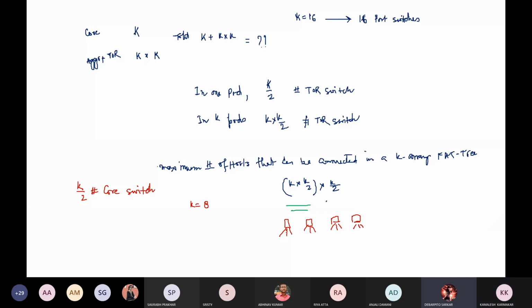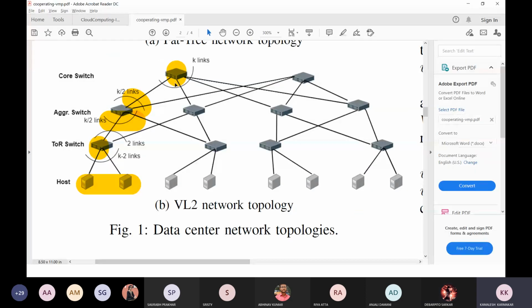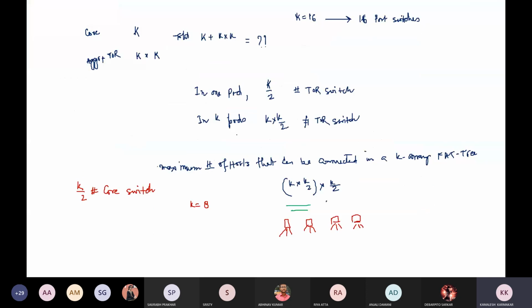If k equals 8, from the core switch layer every switch has k number of links. So if every switch has k number of links, then it will be k by 2 number of switches multiplied by k number of links.